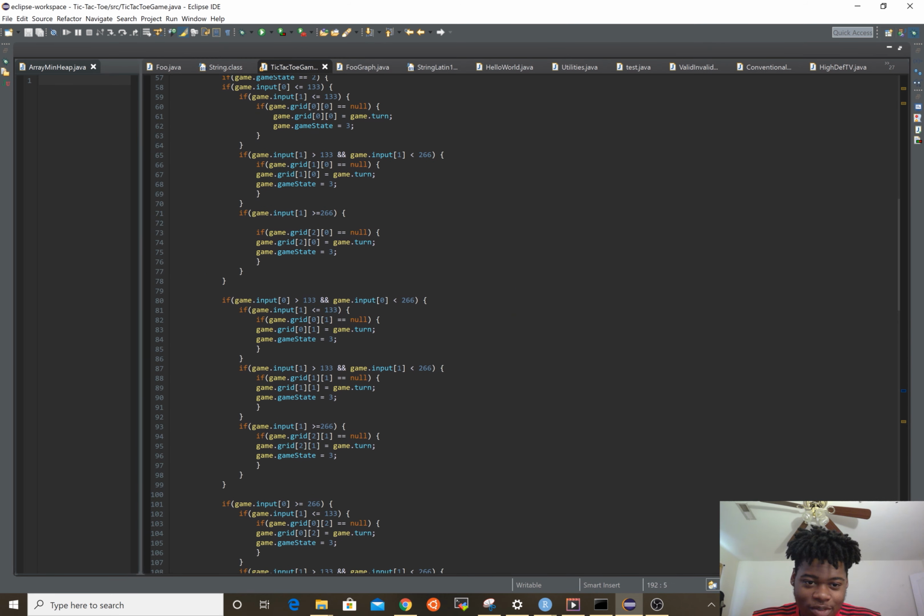I'm always going to set a count variable, count equals 0, and then for each slot in the row, for int y = 0, y is less than grid.length, since it's a 3x3, y++. If grid[x]